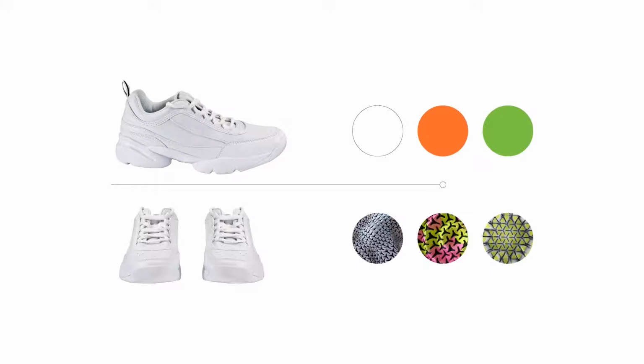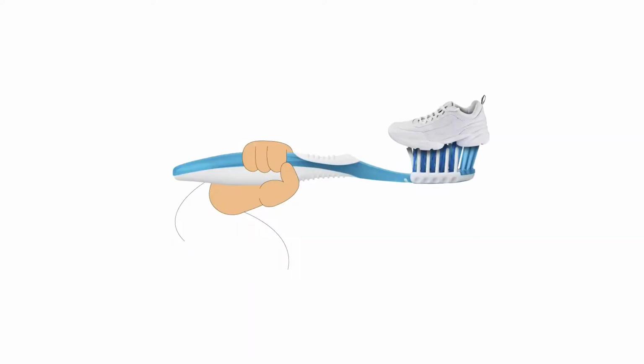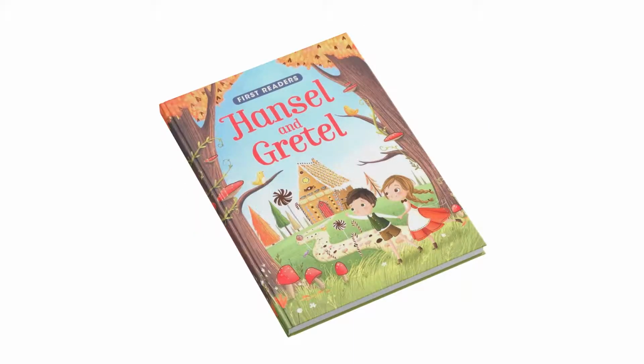In the case of our sneaker assignment, it's quite clear what a sneaker looks like. So, perhaps we can use the sneaker itself as a building block. What about a house built solely out of sneakers? What if our main character sleeps in a bed made out of sneakers, brush their teeth with a sneaker, drink coffee from a sneaker? You name it, sort of like a Hansel and Gretel type of story, but with sneakers instead of candy. Well, you get it. Thinking visually is a fun way to exercise those brain cells.